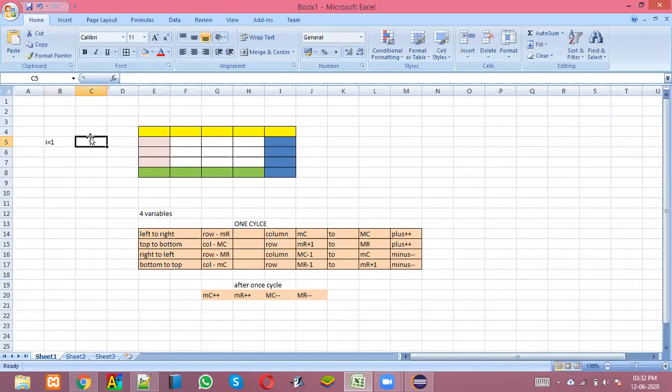Now, wherever I go, suppose I'm starting here, I will see the value of I, print it as such, and I will do I plus plus. So I'm going to do a post increment. Now I'm seeing 1, and then I'm doing I plus plus. When I go here, I'm seeing that I is 2. I'll print 2 and do I plus plus. Then here it will become 3, then 4, then 5. So this cycle is going to go on.